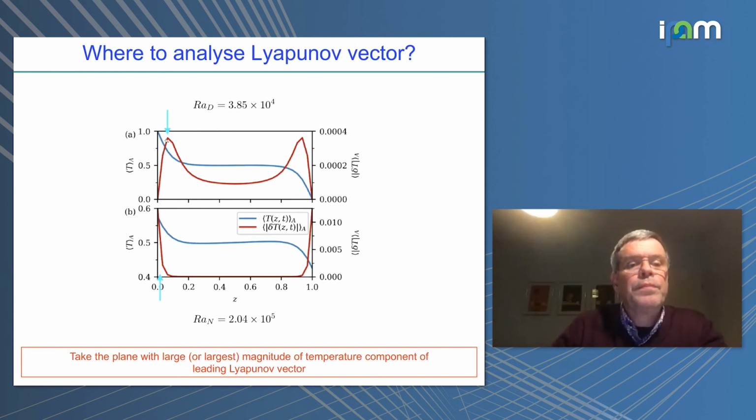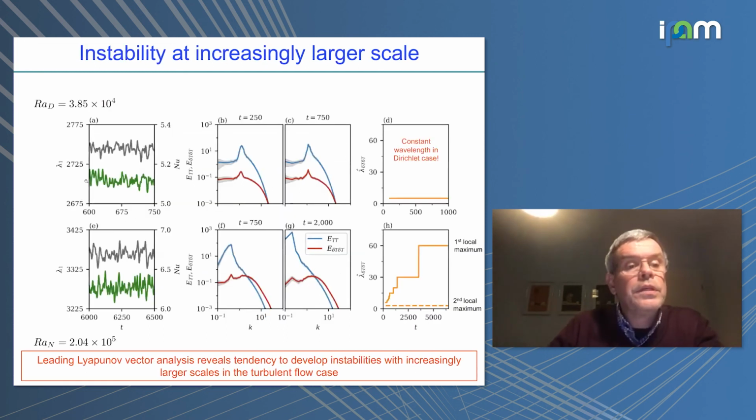And we picked those planes where the magnitude of this Lyapunov vector component is largest. This is in the no-slip case somewhere close to the wall, and in the constant flux case inside the thermal boundary layer. So we have taken the rest of the analysis in the planes which I indicated here by these two arrows in my slide. So here you see again to the left the Lyapunov exponent in green, the corresponding Nusselt number